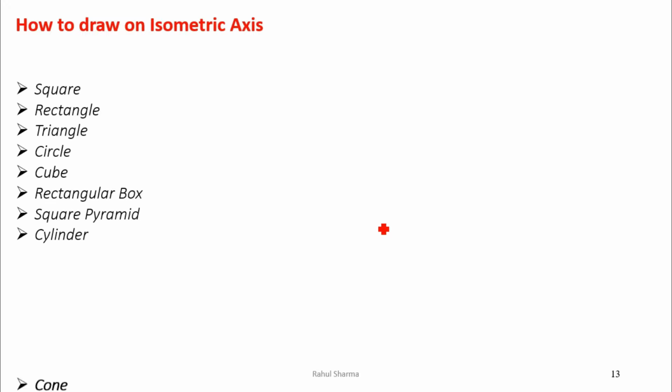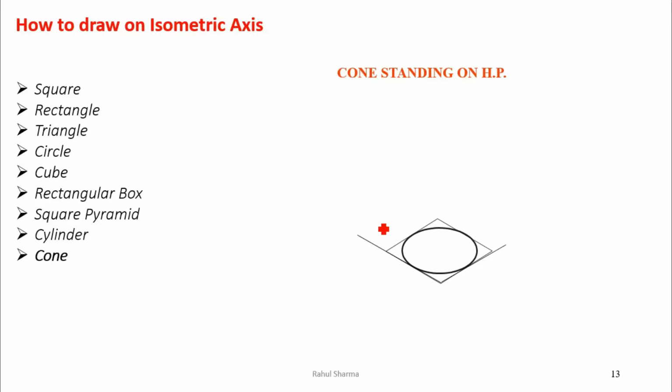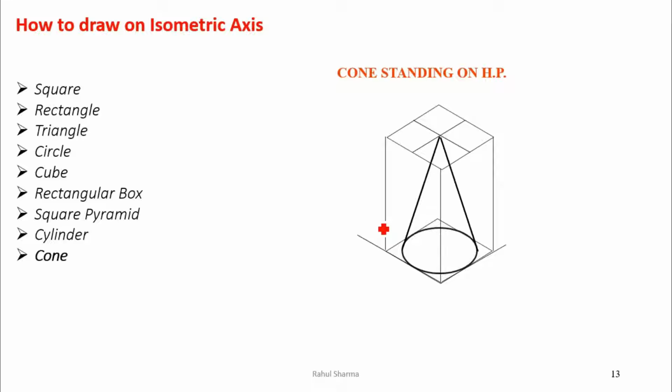Now we will see how to draw a cone in the isometric axis. Again, when we divide a cone, it will have a base ellipse, but at the top it will have a 1 point apex. We do it like this. No need to make it like a cylinder. At the base circle, but at the top apex only. So we get the midpoint and then join the ellipse with the apex only.